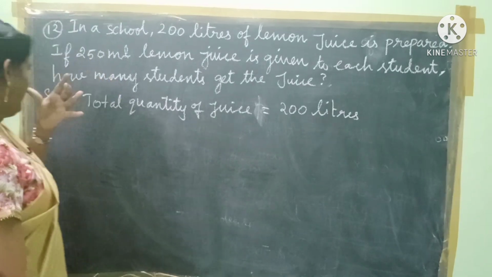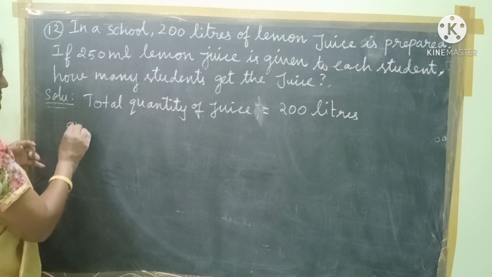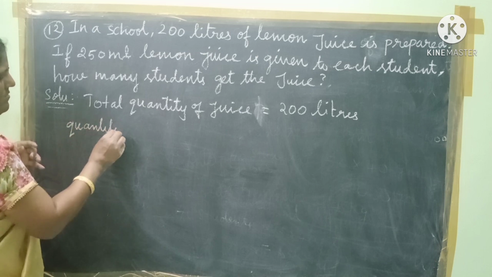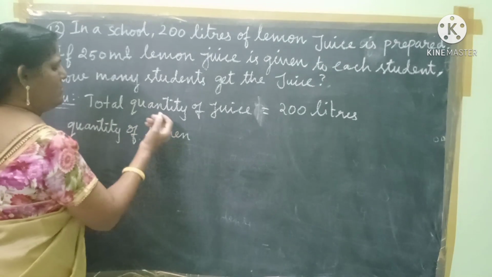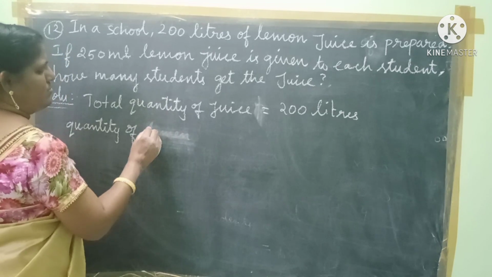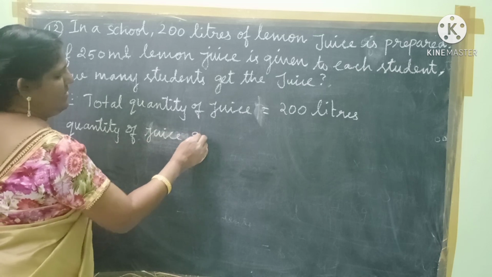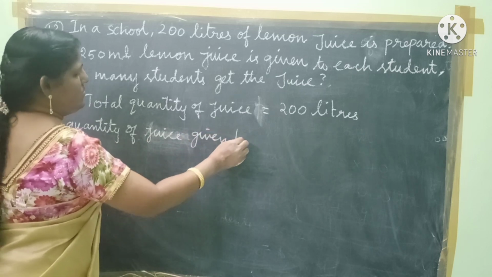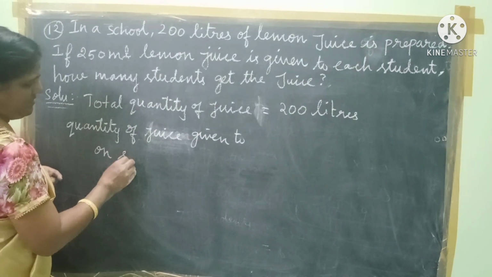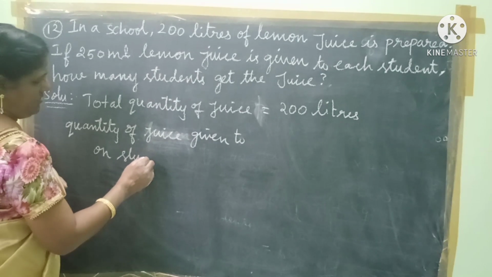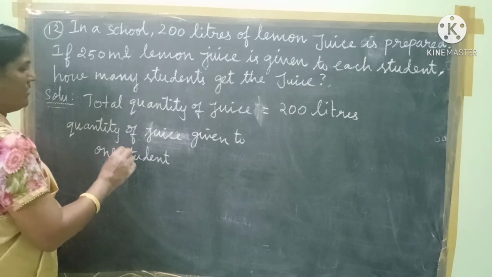Okay, so next, quantity of juice, and for juice you only put juice, no need to write so much. So quantity of juice given to one student. One student, how much can get? Given to one student is equal to